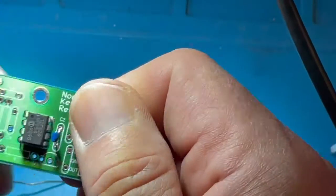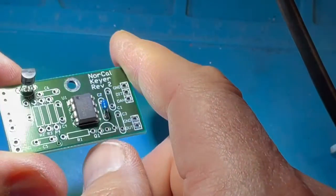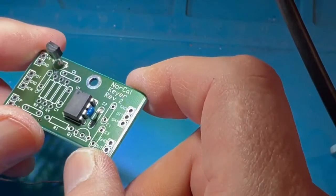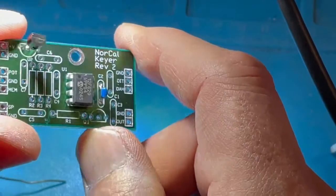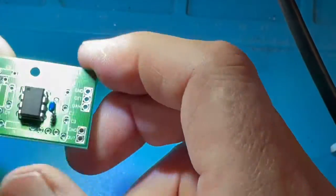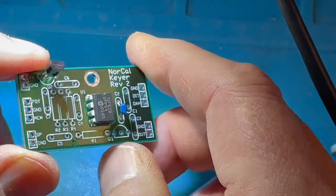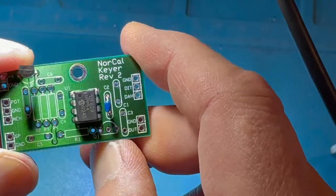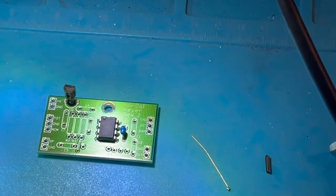I think I'll take the next moments off camera to assemble the board, and I'll come back and show you the completed project, hopefully with an operational key and speaker. If I happen not to do that, for one reason or another, this is the conclusion of the soldering demo,